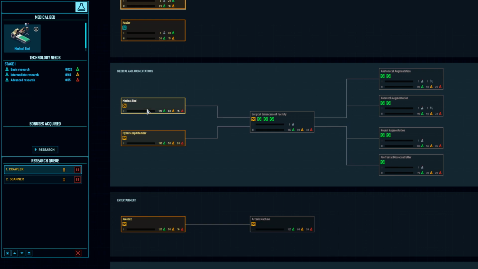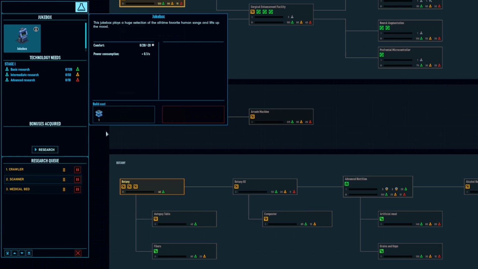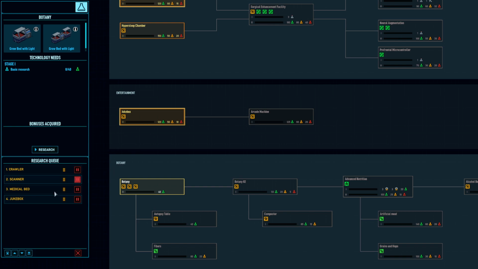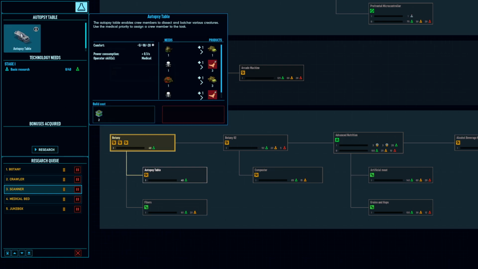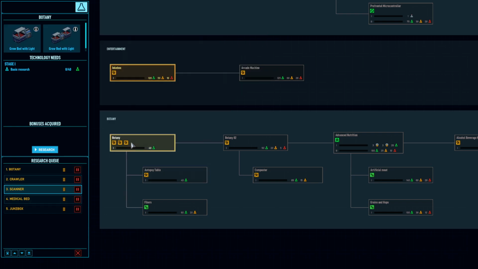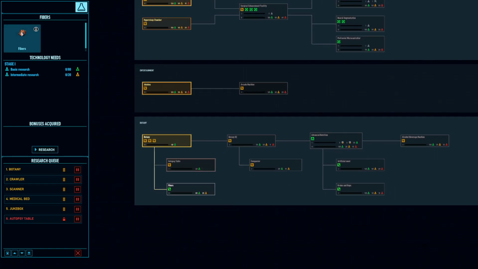I guess. Medical bed, that would be useful. Jukebox. I mean, cool. Botany. We need botany. I want to drag these, but you can't. Botany's probably more important than all the other ones. An autopsy table. Oh god, and you can actually produce meat. Delicious. Yeah, don't worry, that's... Okay, so...